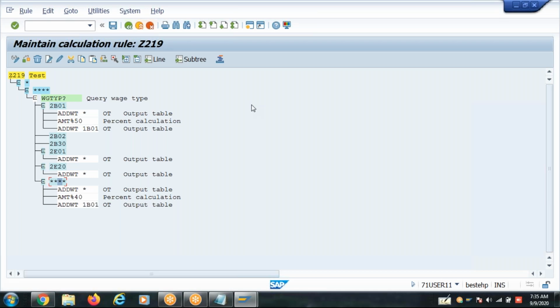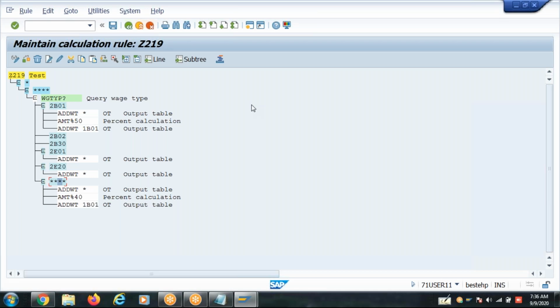But what is the drawback of this rule? It is huge, right? Calling 51 waste types, it is not a right solution. Calling 50 waste types here, it is not a right solution.